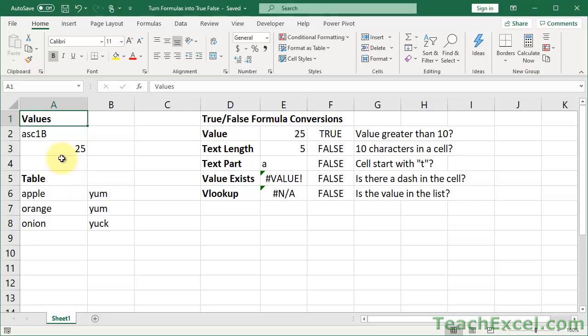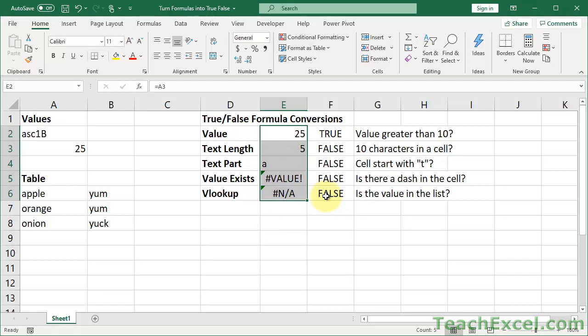All right, so here we have some sample data over here and a basic little table, and then 5 examples over here where we are going to go from basic formulas and some intermediate formulas. We have a VLOOKUP down here, and we're going to convert their output into simple true, false values. And what I have here is a column that explains what we're going to be doing. So getting a value, text length, a part of the text, check if the value exists, or a VLOOKUP. Then we're going to get a little piece of it. We're going to have the initial formula before it equals true or false, and then we're going to convert it.